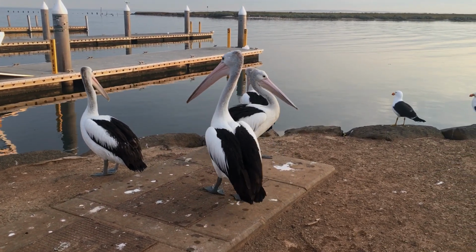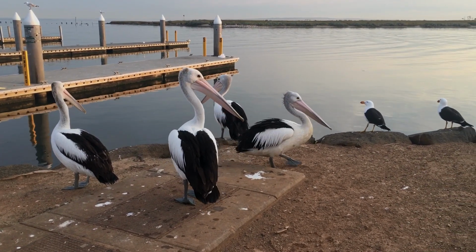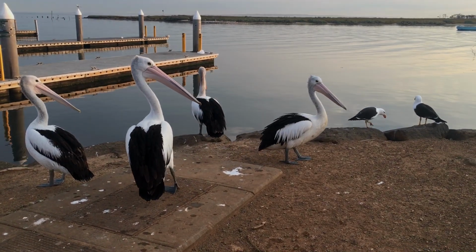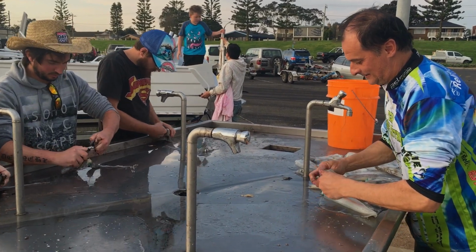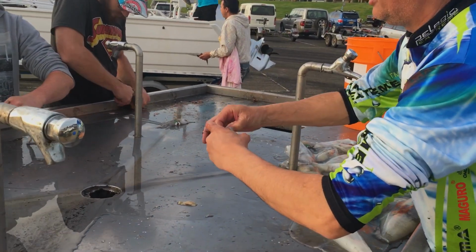Well, the job wasn't done yet. We still need to clean the squid. We are at Werribee boat ramp, and as I started cleaning the squid, these young fellas were cleaning their flatties